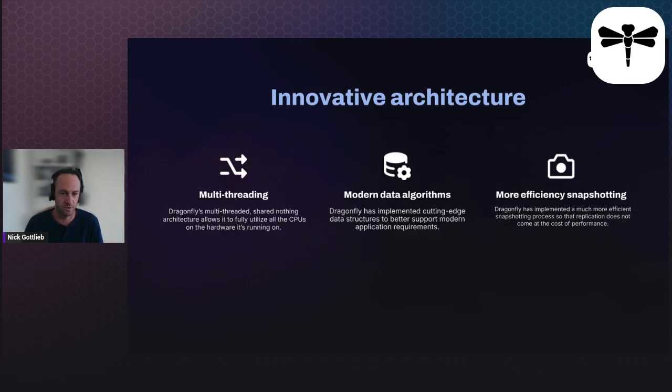And then probably most importantly, and the most exciting part of Dragonfly is that it introduces a really innovative architecture. This is where it really differs from the Redis project. So Dragonfly introduces multi-threading, which allows Dragonfly to fully utilize multi-core processors, multi-core servers, which are most of what we're running on today. And so you're able to utilize more of the hardware that you're already paying for and deliver